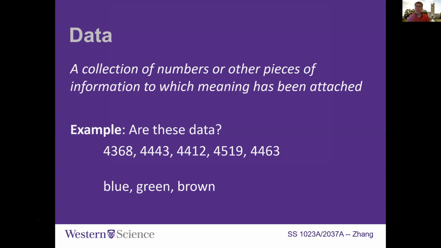because first of all, the blue, green, brown, they do tell us information because these words contain some meaning and tell us they are colors, right? They basically tell us the color of it. So they do contain information. The only thing is that it's not a number, but that's fine because data does not require it to be numbers. So from my point of view, I think blue, green, brown, they are data.